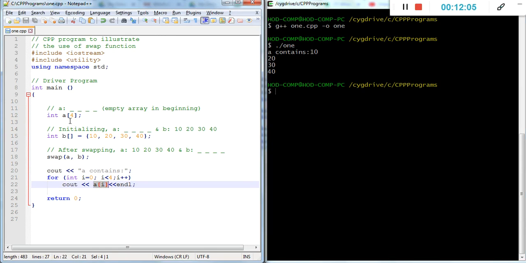It prints the content. We print the A array. Initially it's null, and when we call the swap function, it swaps the values from B to A and A to B. B is null now. This is simply the swap function. It comes under the utility header file, and the utility header file contains the swap function body, or the particular function executes under the utility header file. That's why swap is called a utility function.